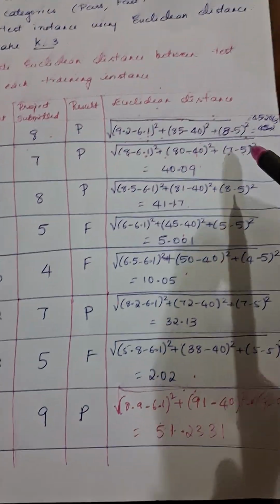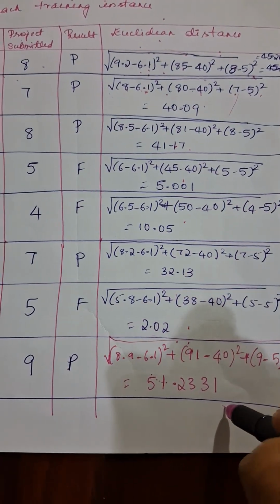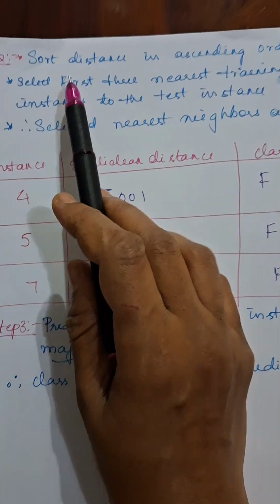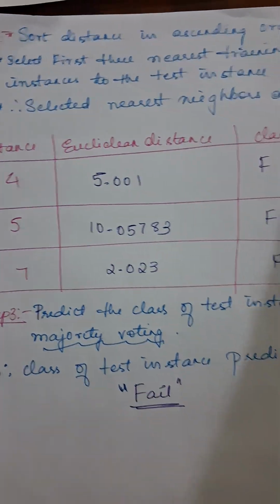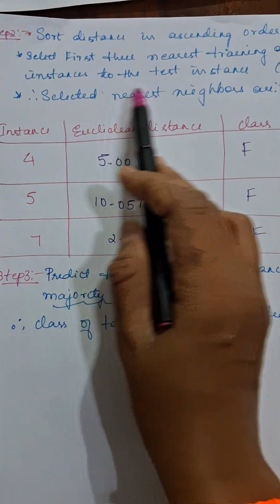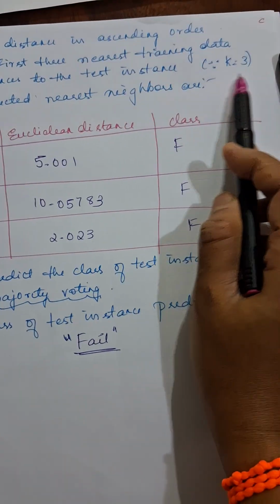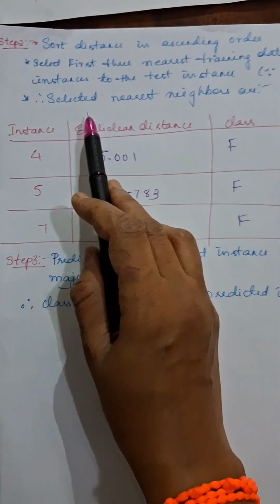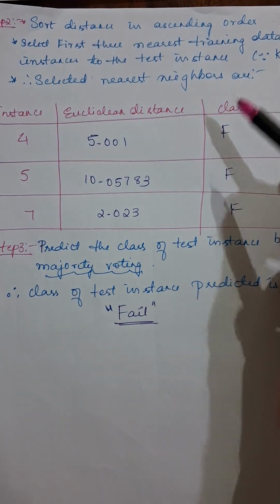Now step 2. We have got all the values, and you have to sort all the Euclidean distances in ascending order. So step 2 is to sort the distances in ascending order and select the first 3 nearest training data points to the test instance. Why 3? Because the k value is 3. Therefore, the selected nearest neighbors are, after putting them in ascending order,